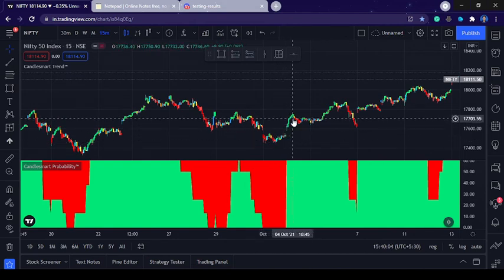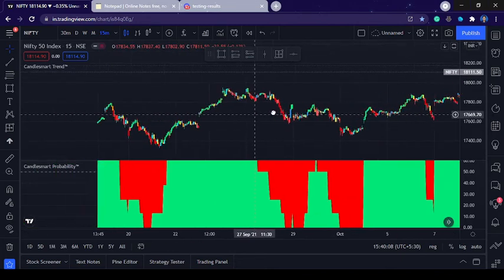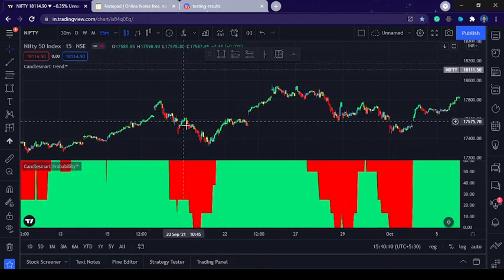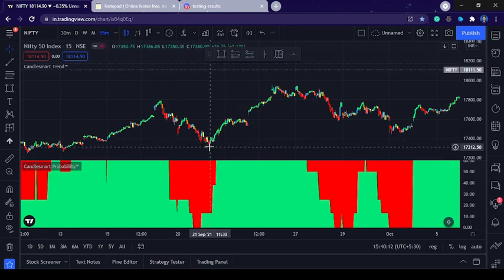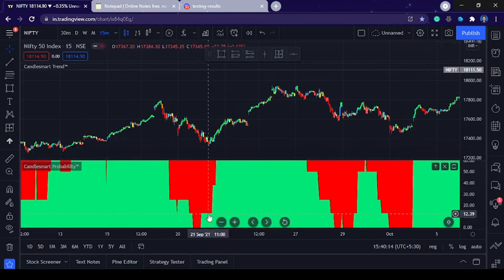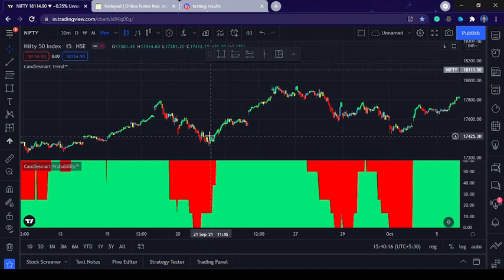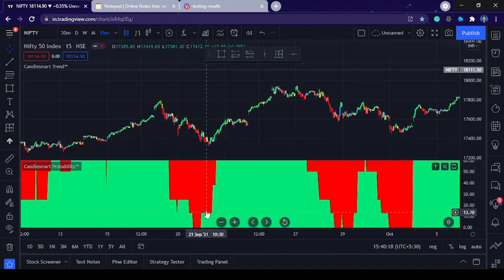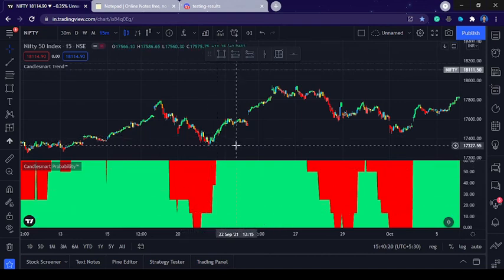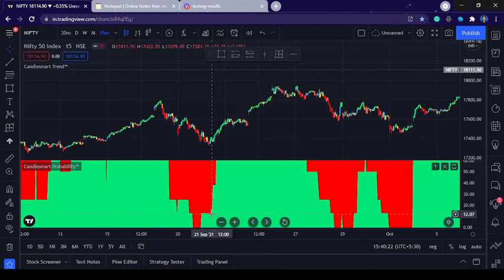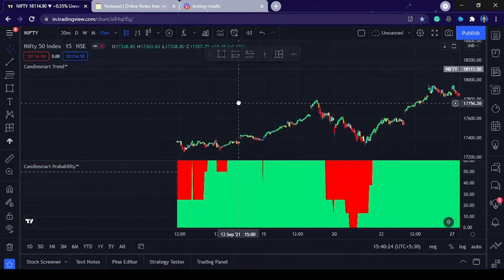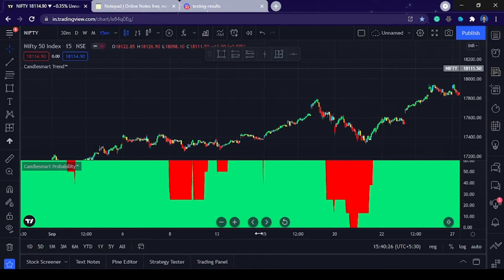That's the reason we are not entering in the middle of the trade. Here a downtrend happened and we are looking for long trades. You get a long signal and there is a reversal pattern also formed here. I will tell you in a couple of minutes how we can mix this, but understand what I'm telling.